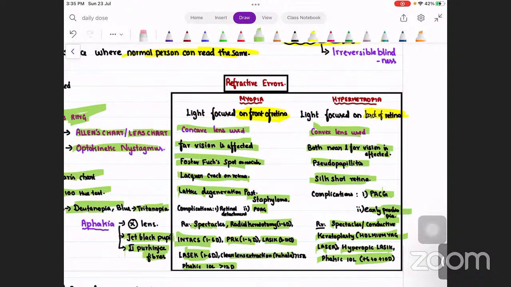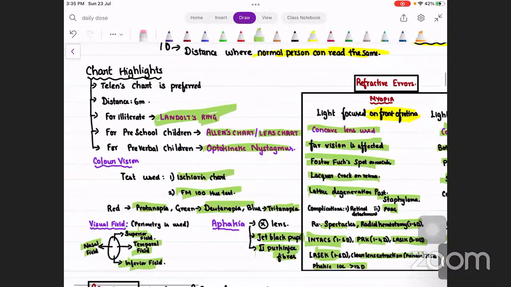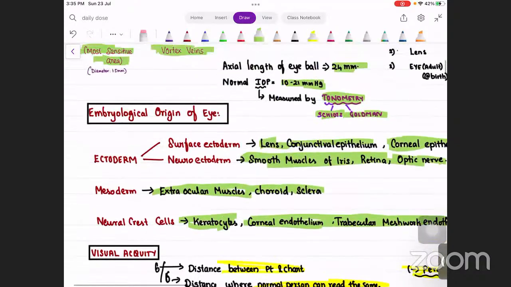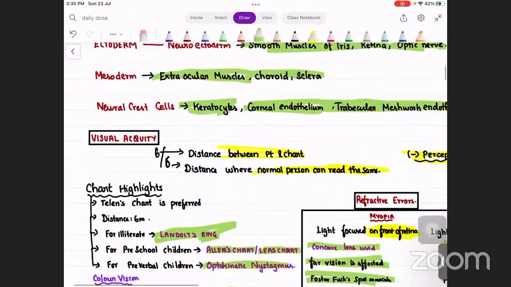Aphakia means absence of lens, where you see a jet black pupil. Allen's chart is used for preschool children. Landolt's ring is used for illiterate people. FM100 hue test is used for color detection. And apart from that, DAPS, defective perception of light, is so called permanent blindness. So these are the important things where you have to know about the basics of your